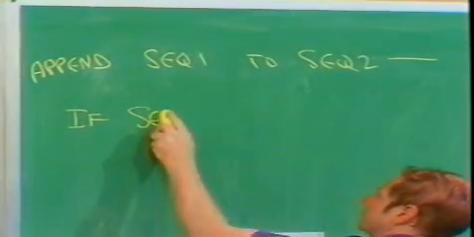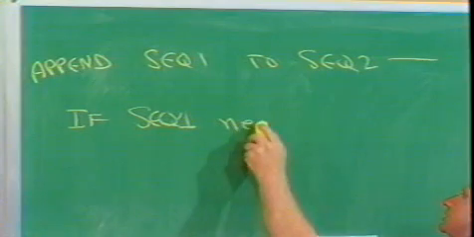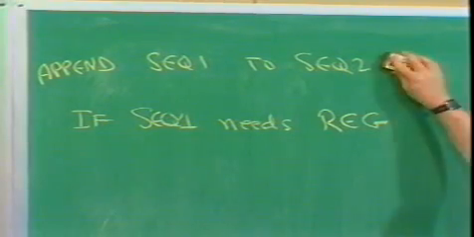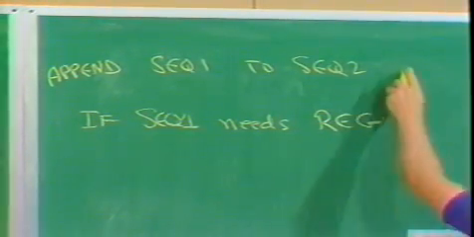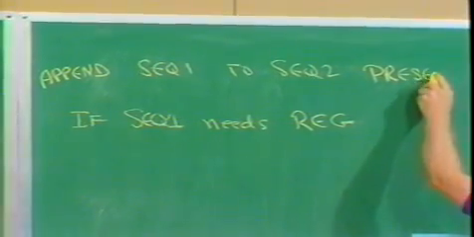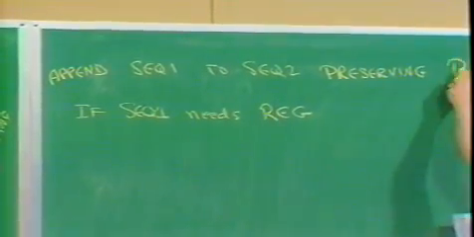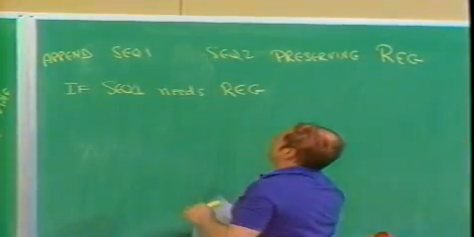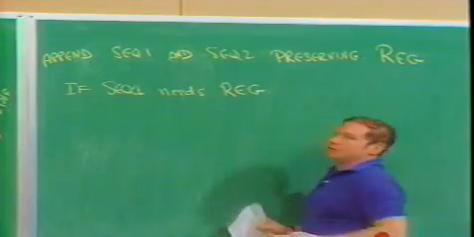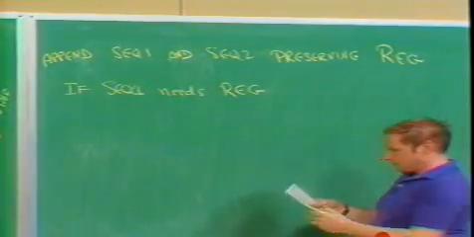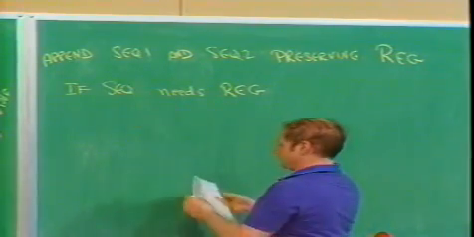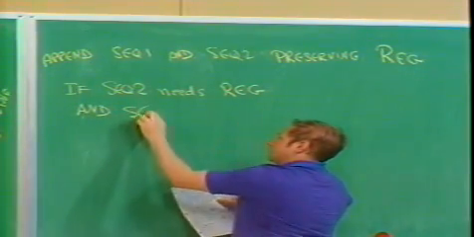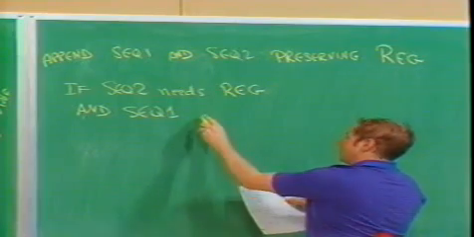So if sequence 1 and sequence 2, appended with sequence 1 first, preserving some register: if sequence 2 needs the register and sequence 1 modifies the register,